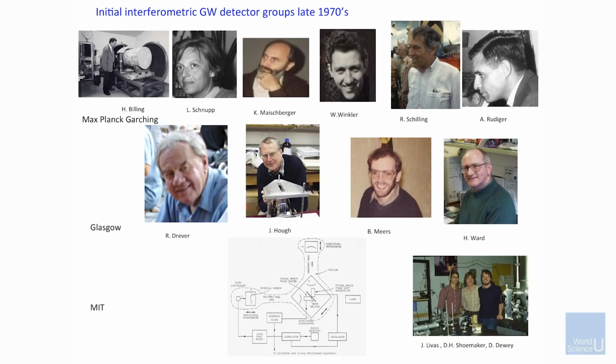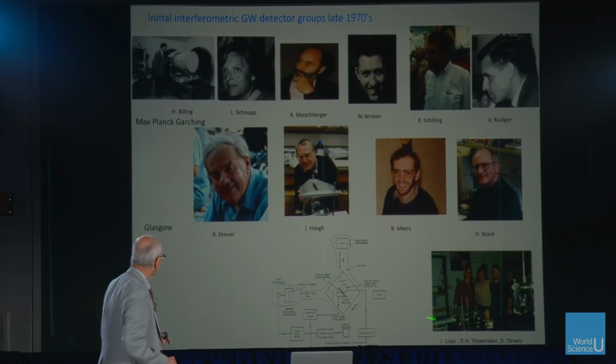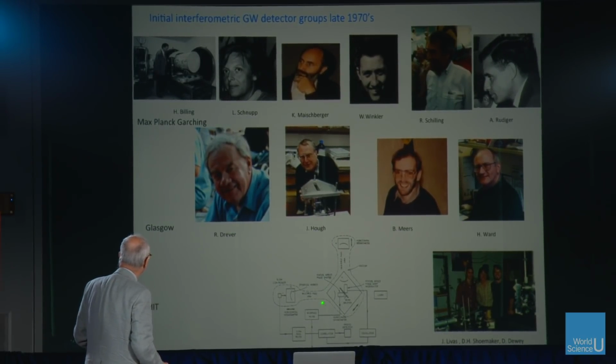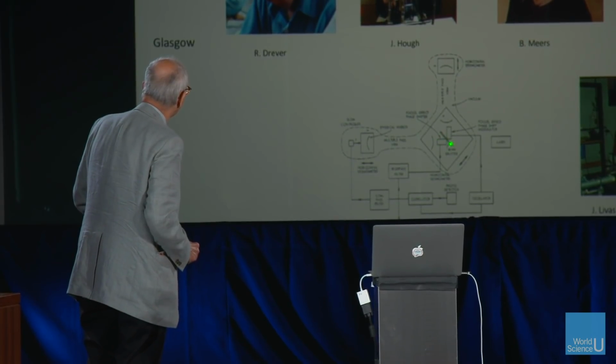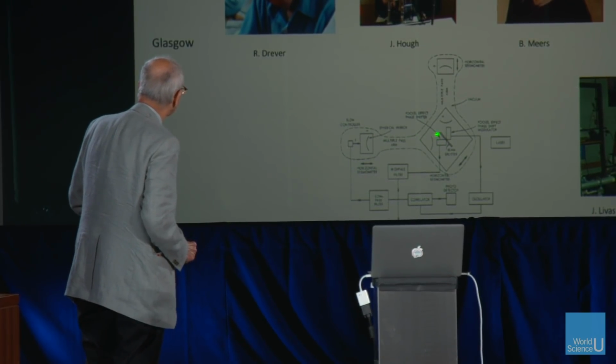You want to see how you could make a Gedanken experiment into a real experiment. That was done here in a drawing from 1972 or so. The idea was effectively to use an interferometer. In other words, send light in; it comes in from here, gets split, and then gets bounced back and forth, and I'll talk about that a little more.